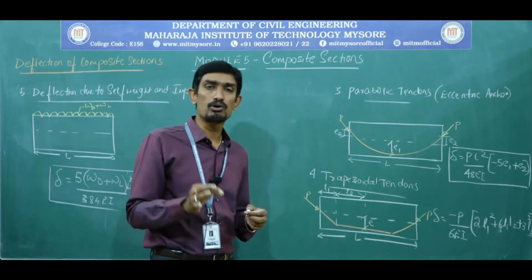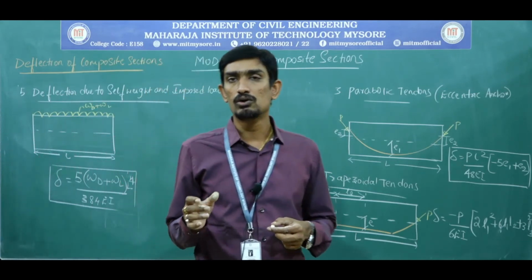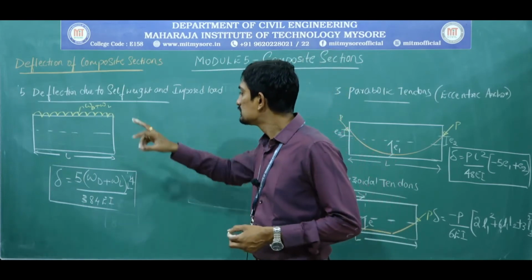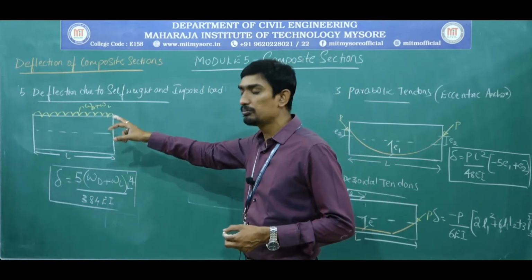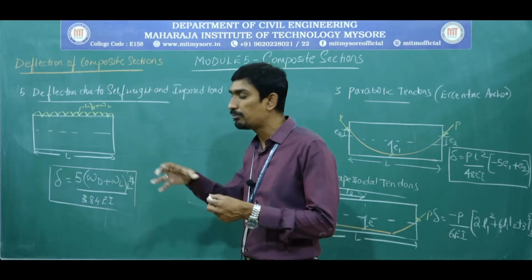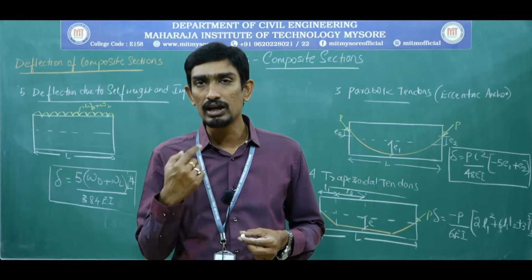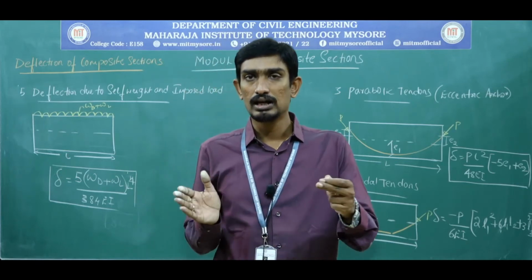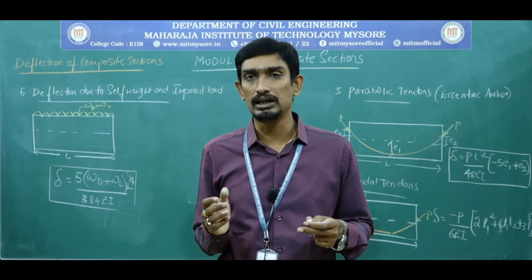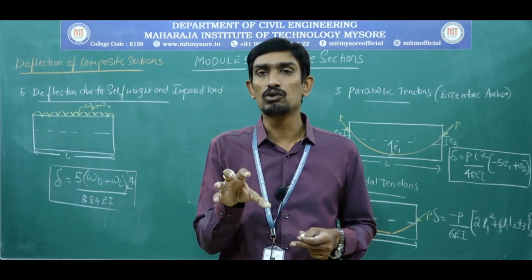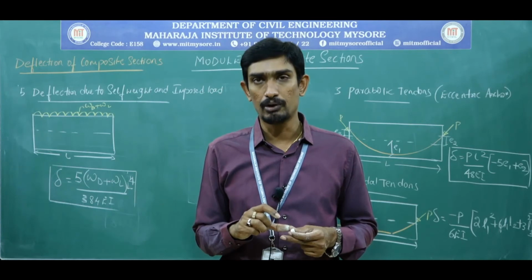Okay, based on the imposed load or based on the live load, the formula will vary in the case of external loads. Now, since WDL and WL both are UDL, I have combined these things and written the formula. If imposed load varies, then I need to write this formula separately. Deflection due to dead load separate, deflection due to live load separate. Did you get my point?